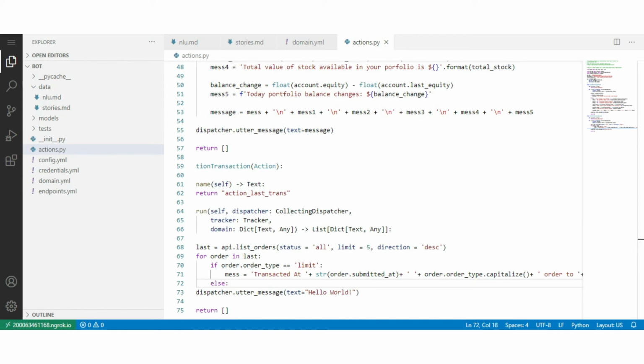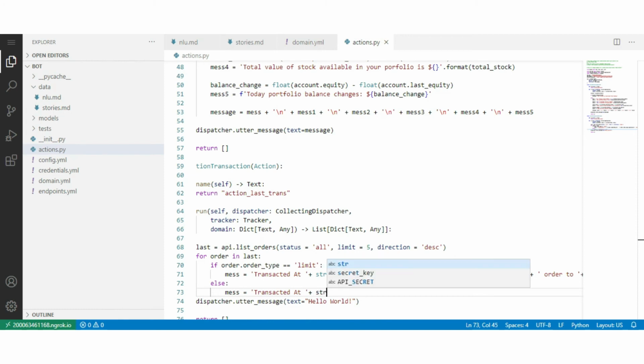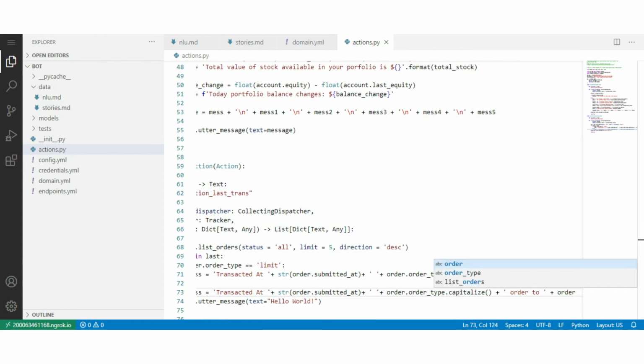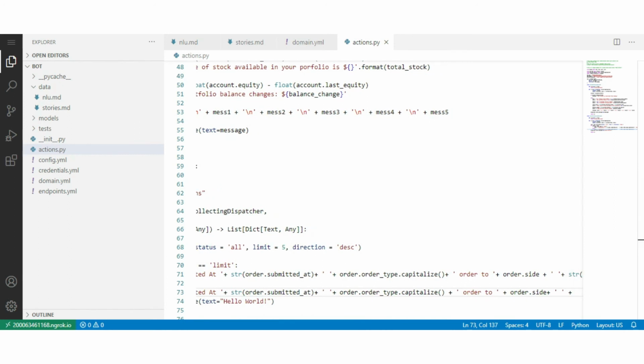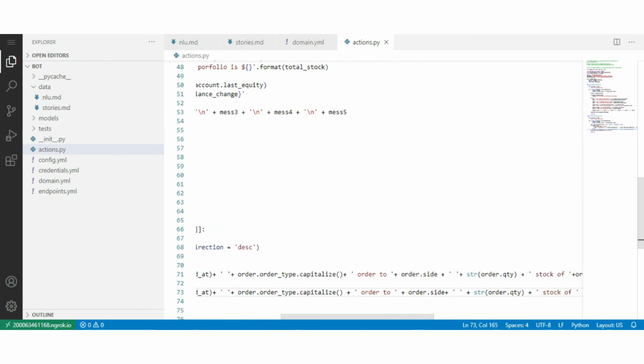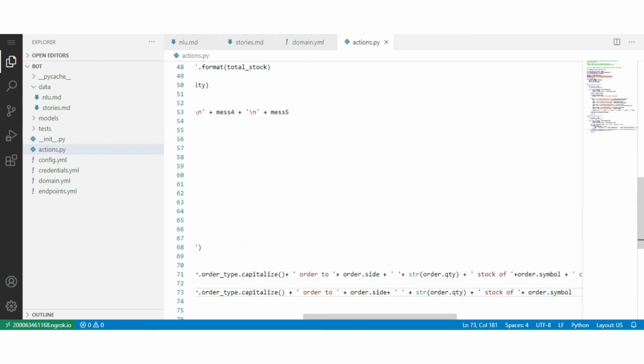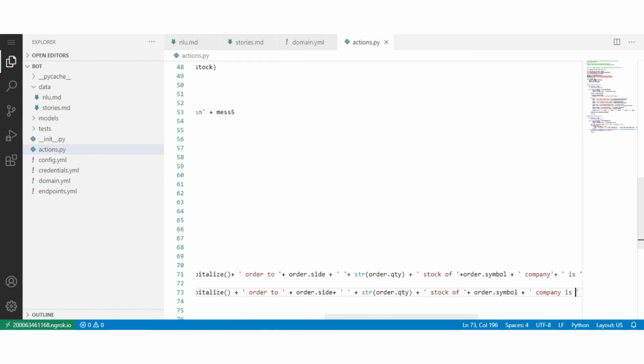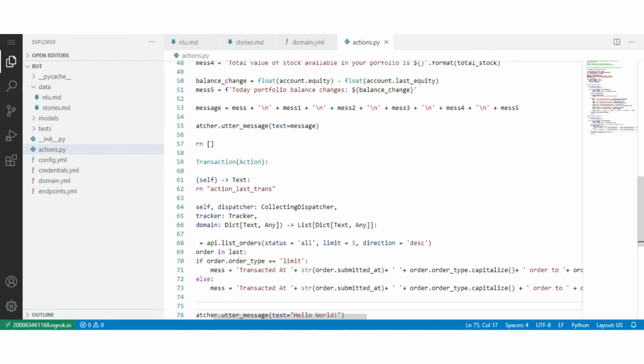For that, we have to do the same as earlier. Create an empty message.